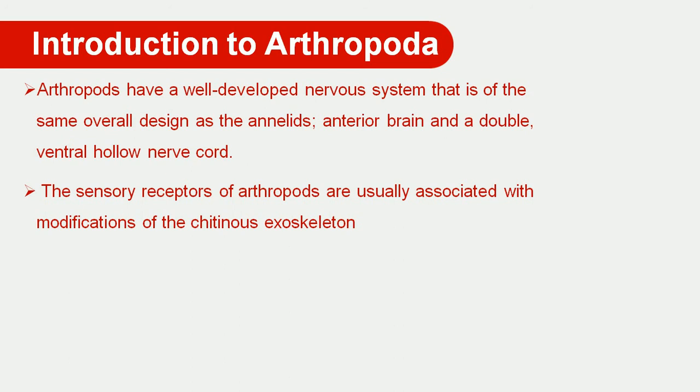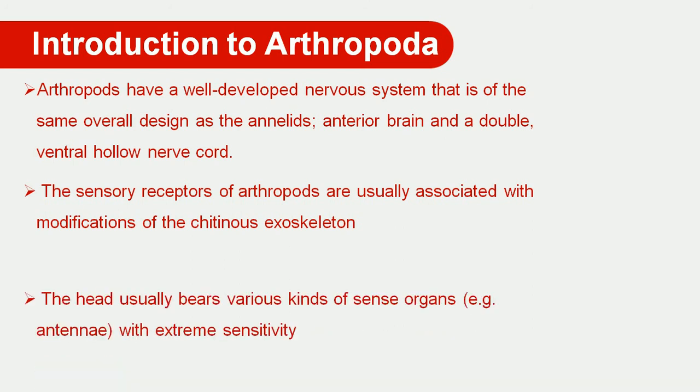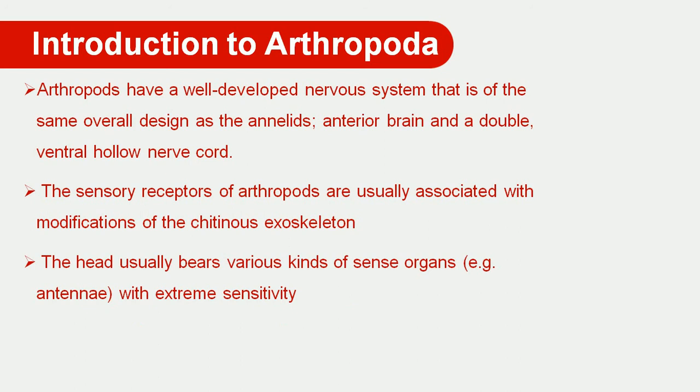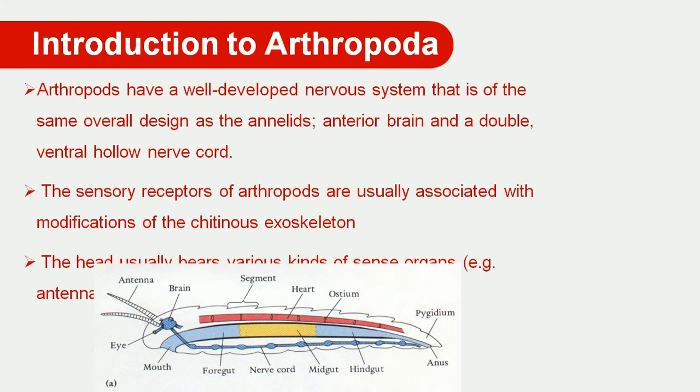In the head, there are usually various kinds of sensory organs like the antennae, and the antennae act as a very important feature to sense biotic factors as well as food. The antennae are extremely sensitive organs found in the head region. We can look at the pictures here, just a schematic diagram. In the head part, the sensory organ is connected with the brain, and the antennae act as a very sensory mechanism to sense chemicals and food material. The whole sensory mechanism is carried by the antenna part.